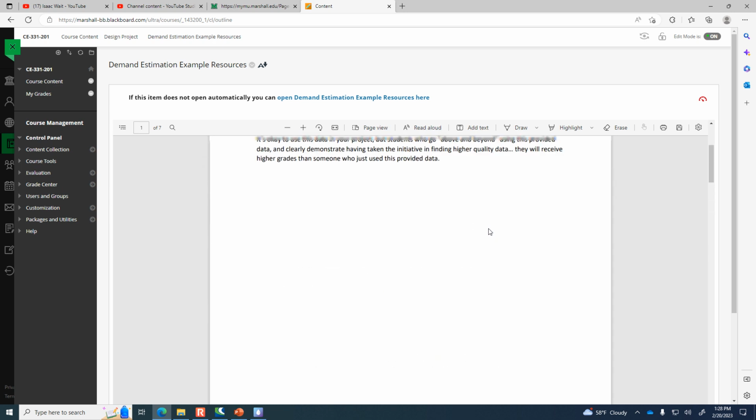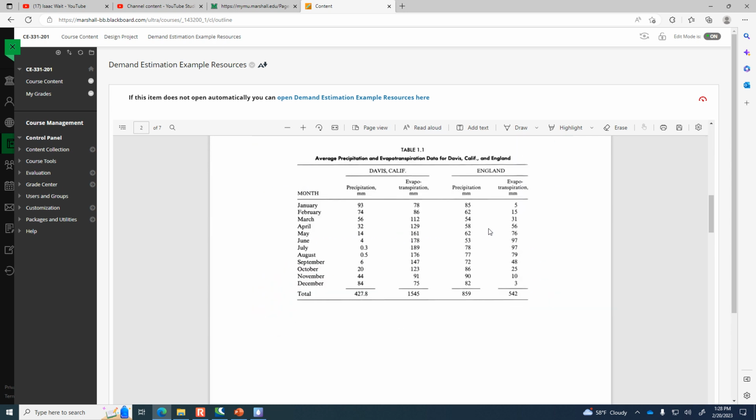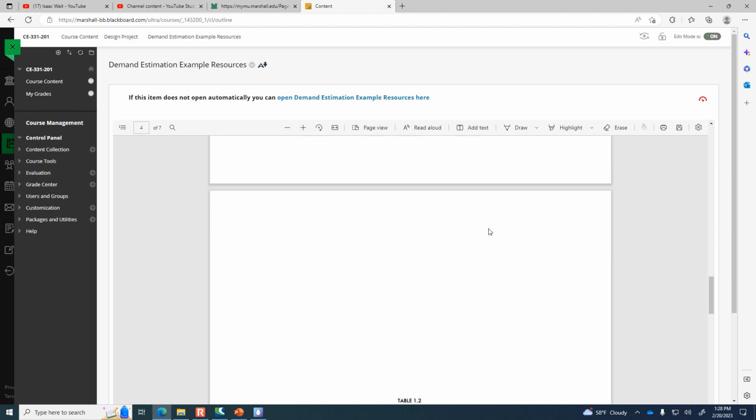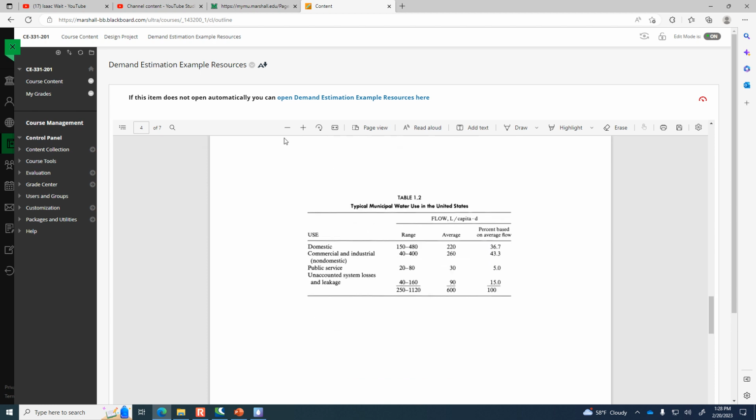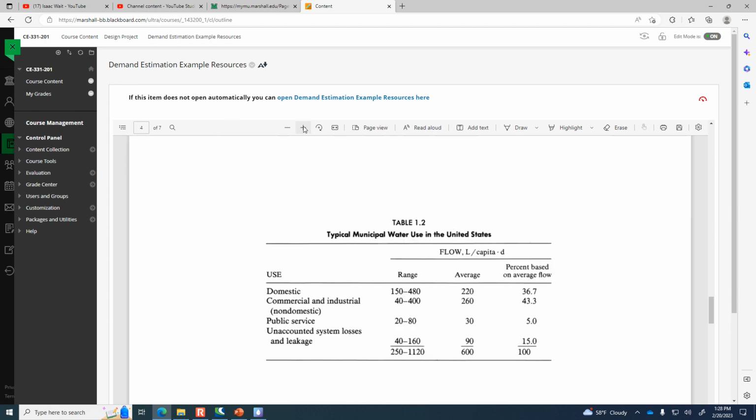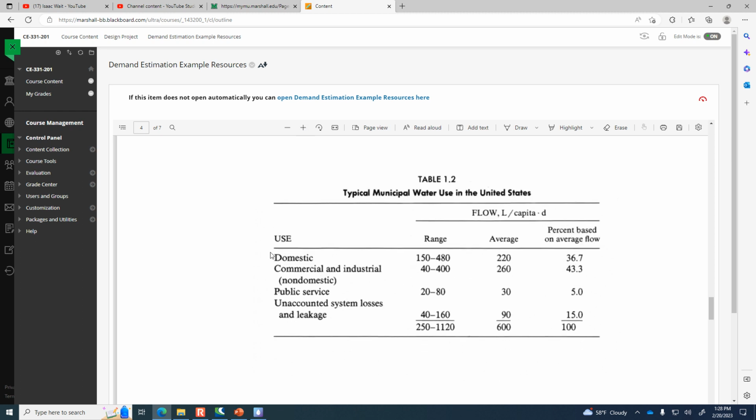But for instance, this shows typical water use. It shows that the typical domestic water use is 220 liters per person per day. So that's just a nationwide average.